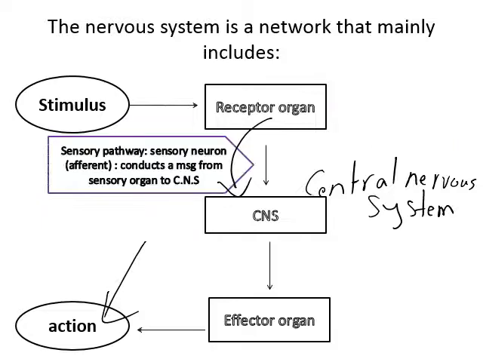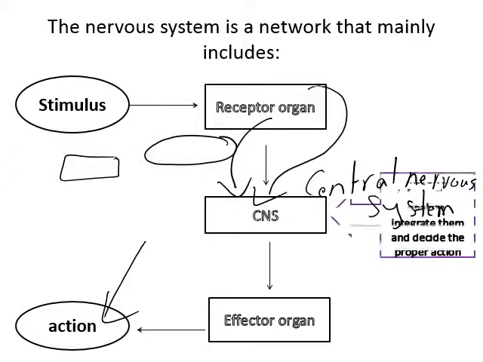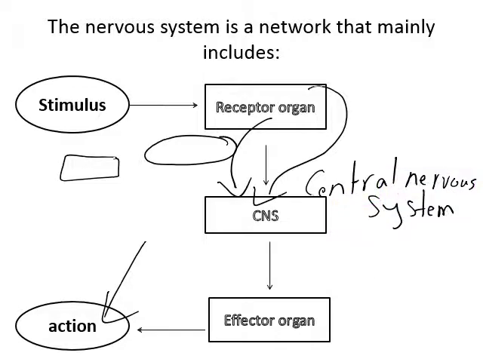Second, we have a sensory pathway between the receptor and the central nervous system. It's called the sensory neuron, or it has another name, afferent. It conducts a message from the sensory organ, which is the receptor organ, toward the central nervous system. Second, we have the central nervous system. It receives information, analyzes it, integrates it, decides the proper action, and sends this action toward the effector organ